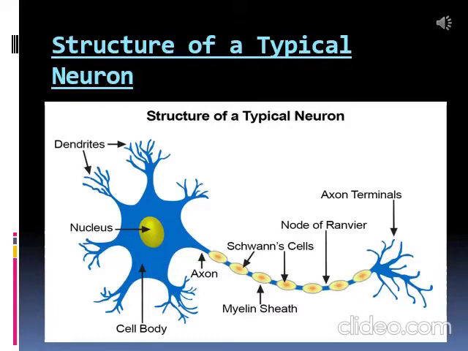See, this is the structure of a typical neuron. First, the cell body has a nucleus and thread-like structures called dendrites, which receive the electrical signals from the other neuron or from the nerve endings. Then the electrical signal transfers from that cell body to the axon and towards the axon terminals or nerve endings. Then from these nerve endings, a chemical substance